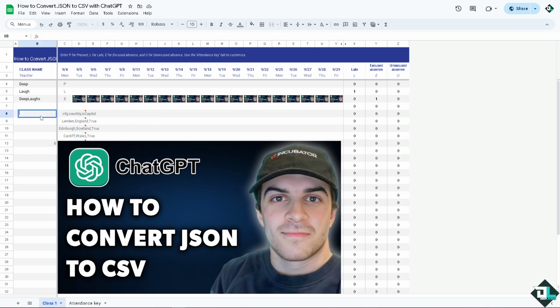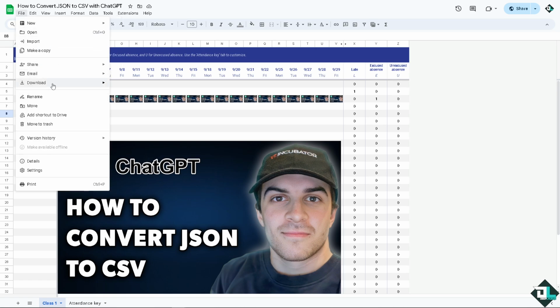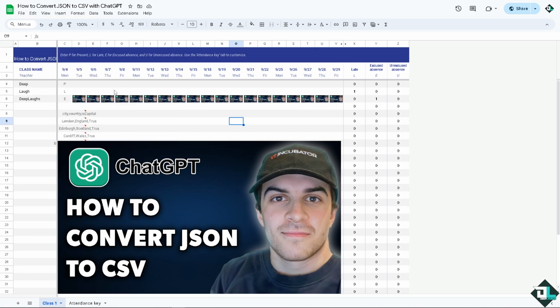Or, of course, you can put in as much information as you can. And once I'm happy with this, I have many options here in Google Sheets. Because this is going to be a CSV file, I can download this to a CSV, comma-separated values, or a Microsoft XLS, depending on your criteria. In this case, once you have integrated the CSV from the file converted from JSON using ChatGPT,